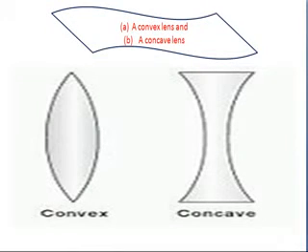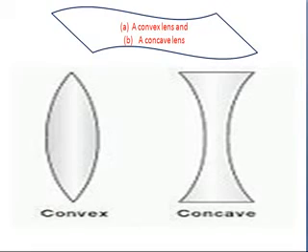What is the difference between mirror and lenses? In a mirror, we saw that one side was painted, whereas in lenses, none of the sides are painted, they are the part of a big circle. And here also you can see a convex lens and a concave lens.